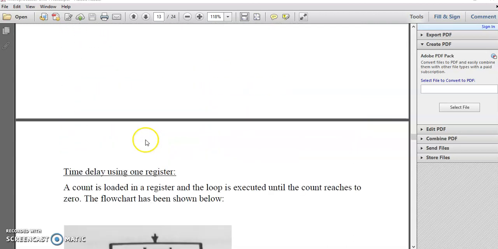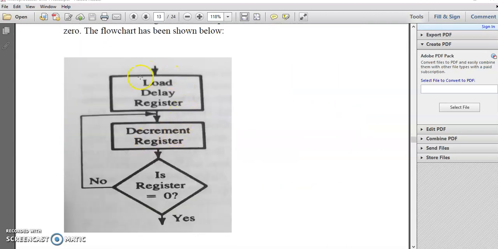So we can understand this process with the help of a flowchart. A delay register will be loaded with some value. Every time the value will be updated, and it is checked for the condition whether it has reached 0 or not. If it has not reached 0, it will go back and again update the delay register and check the condition.